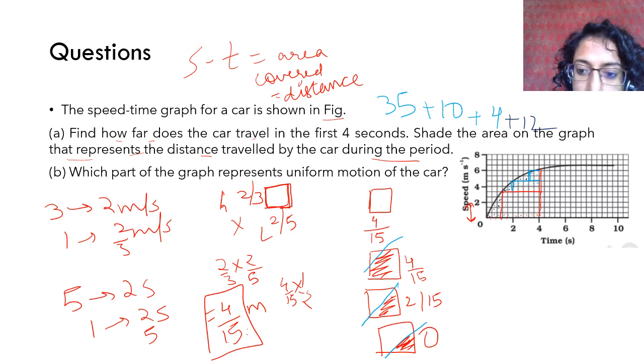Okay, and then there are some that are left. This is less than half, so I will not count this. This is less than half, so I will not count this. This is exactly half, so I will consider this to be 0.5. This is also half, so I'll also consider this 0.5.